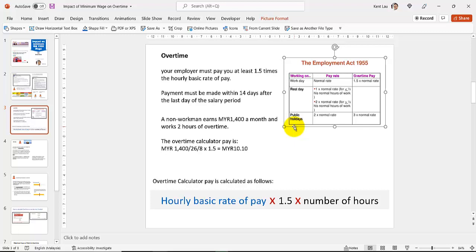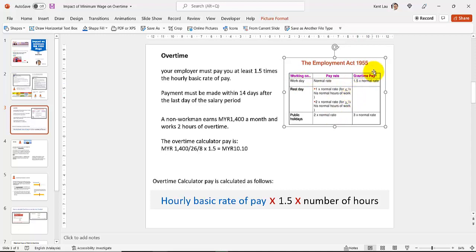They will have a meal allowance after the working hours, maybe at 5 o'clock. Then they rest and have a meal, and then they will continue to work from 8 to 10, something like that. They are dragging to the max for another 2 hours of overtime. So that is working Monday to Friday, and they do work Saturday. That is a work day, the normal day, the normal rate. So the overtime pay on a work day is 1.5.